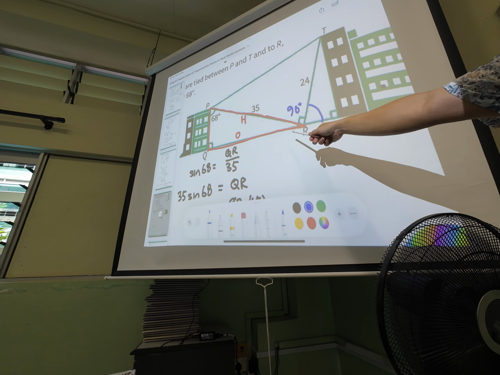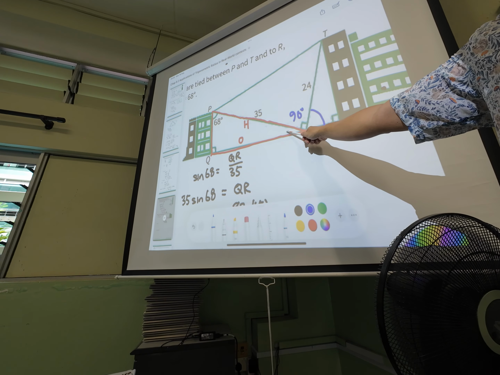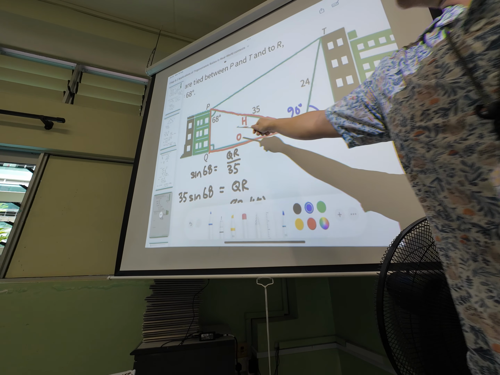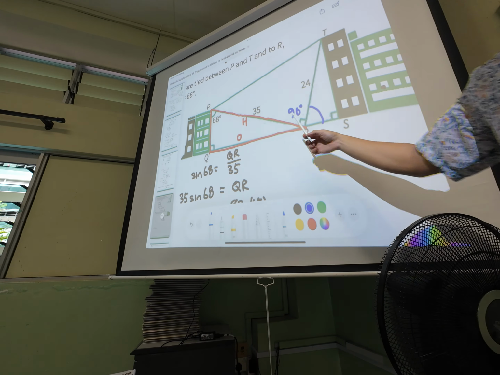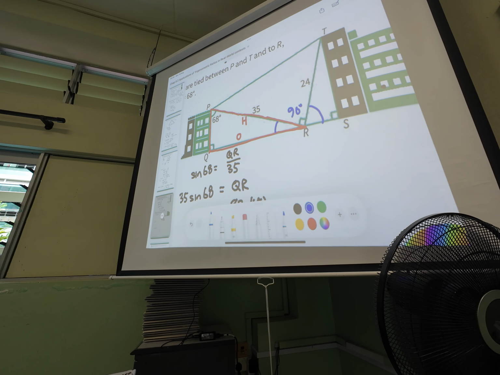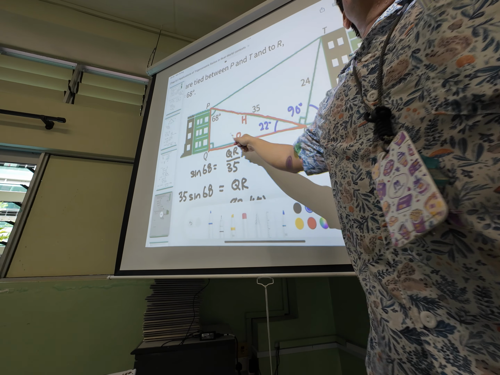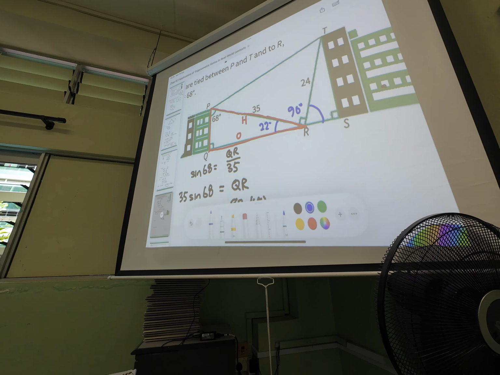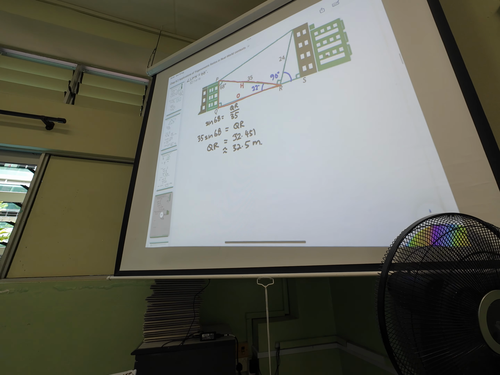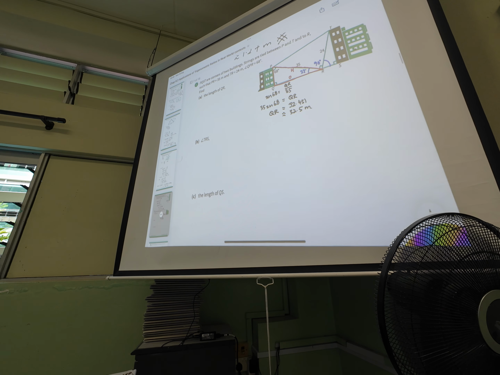So what is this angle? This is 90, this is 68. Triangle. So this angle is 22, because these three angles add up to 180. So 180 minus 90 minus 68, I can find this angle is 22, using the triangle adds up to 180. So this one 22, this one 90, this angle 68. Okay, so angle TRS equals